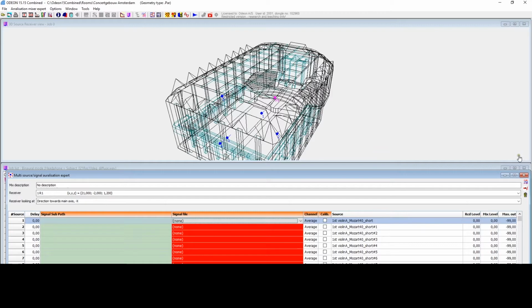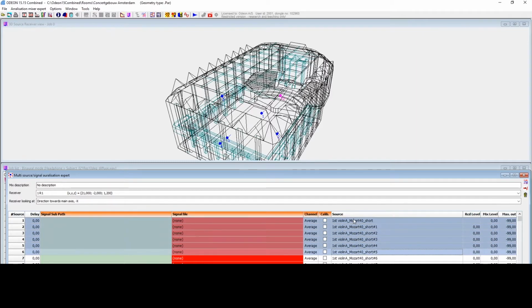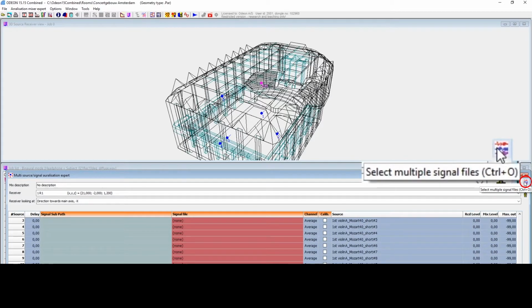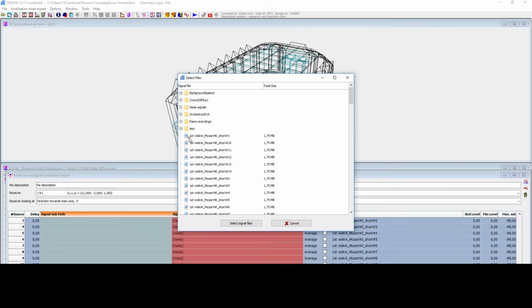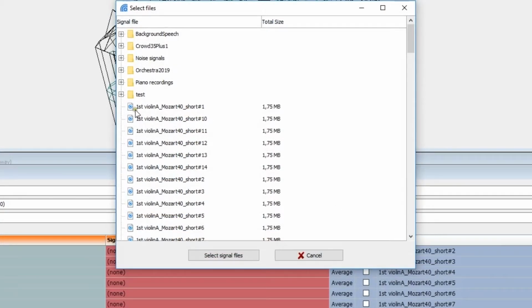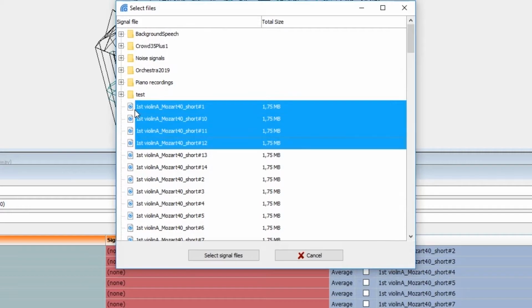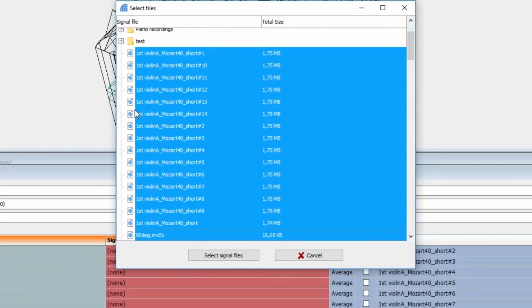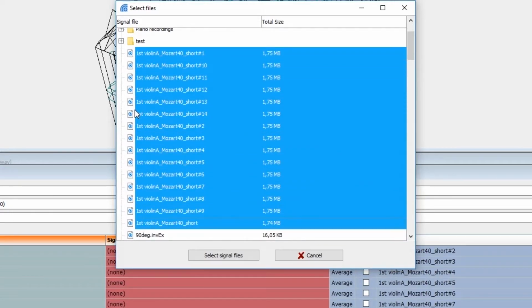Or as we normally might do, select the signals we want to assign. And then go here and say select multiple signal files. So you can multi-select files here, like this, shift down, or you can hold down Control and then click each individual you want to assign.